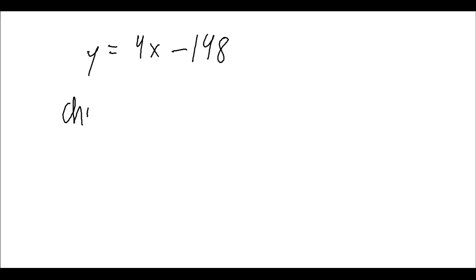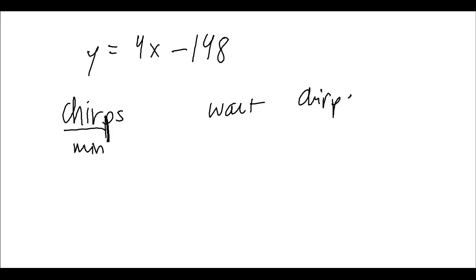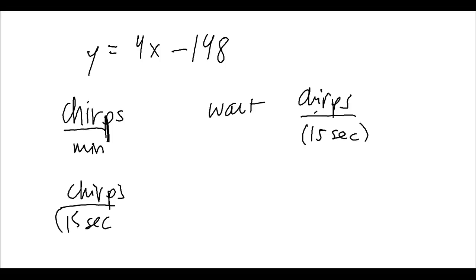So y is chirps per minute, but I want to understand the relationship between temperature and chirps per 15 seconds. Kind of awkward, but that's okay. So what I'm going to do is do a little conversion. So chirps per 15 seconds is equal to chirps per minute, that's what I know, that's my y,